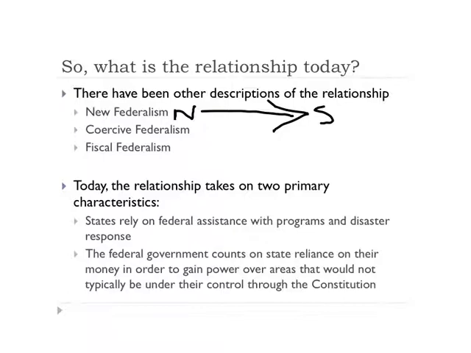I didn't include the chart. Maybe I can get one more slide in here that shows the size of the federal government in relation to state governments before New Federalism and after New Federalism. So under New Federalism, they'll shift more of the decision-making of programs down to the states, and they'll shift more of the implementation of programs down to the states.